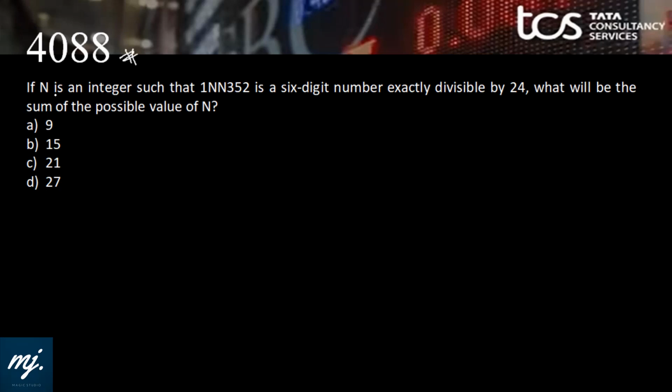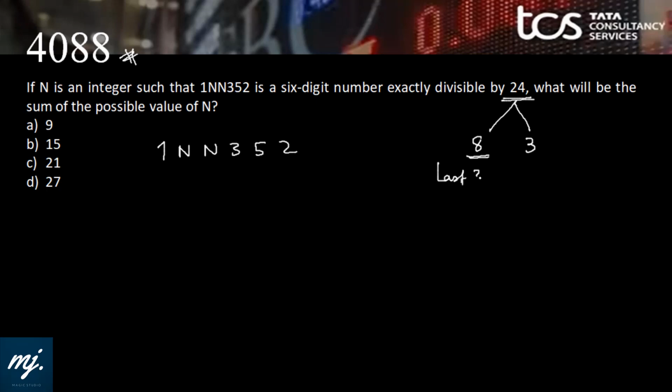Okay, now this is from the divisibility rule. If n is an integer such that 1n352 is a 6-digit number exactly divisible by 24, what is the sum of all possible values of n? Now to have this number divisible by 24, it should be divisible by 8 and it should also be divisible